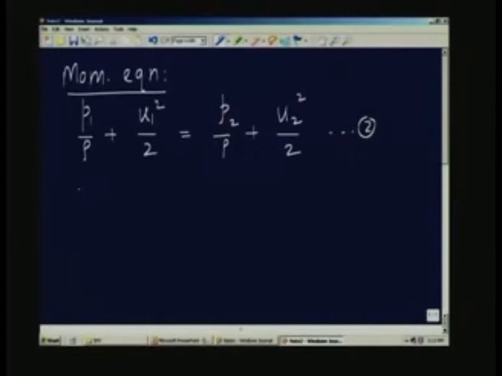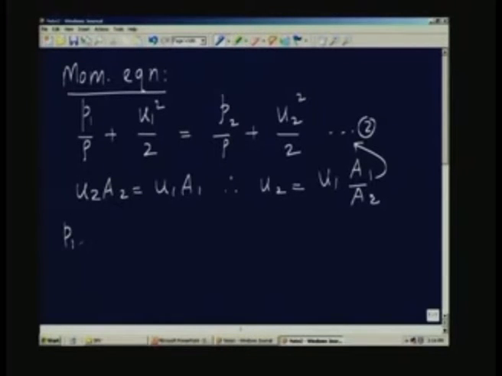From equation 1, I can do the following. You remember U2 A2 equals U1 A1, and therefore I can say U2 is U1 into A1 divided by A2. So, I can substitute into equation 2. This I am going to put in here, and what I will get is P1 minus P2 by rho; I am just taking P2 by rho to the other side,